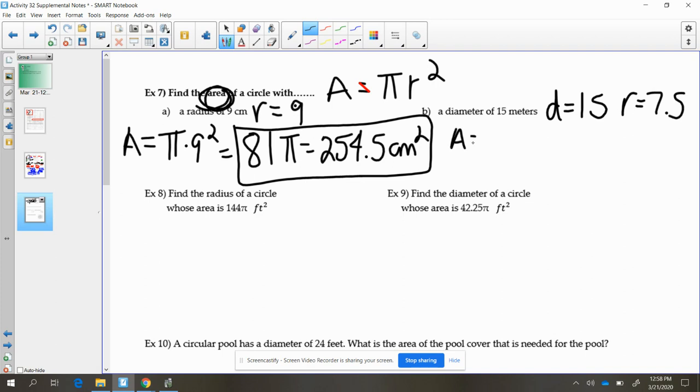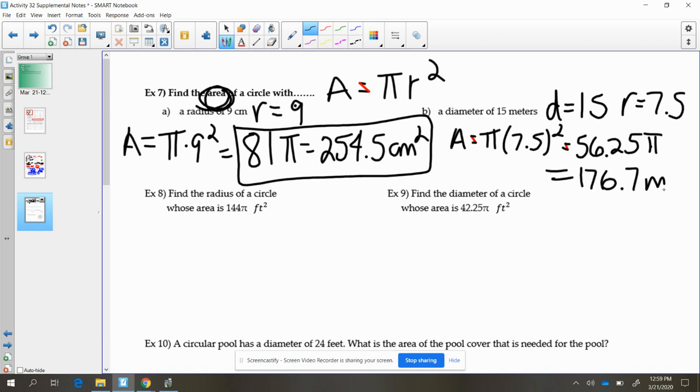Again, from here, you plug it into the pi r squared formula, and you're going to get either an exact answer of 56.25 pi, you just do 7.5 squared times pi, or you round,